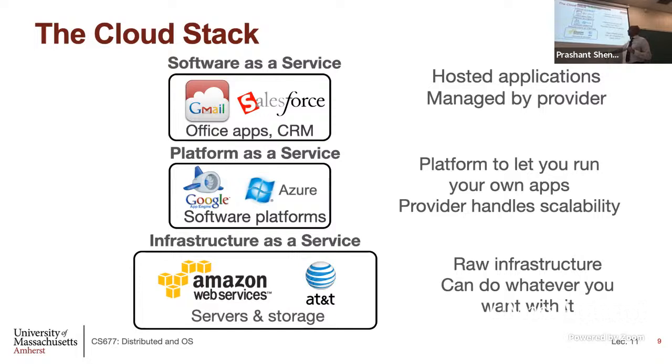If you have infrastructure as a service cloud, you are essentially renting virtual machines. You are renting virtual servers. And then on that server, you can run whatever you want as the customer of that cloud provider. So you are paying for basically virtual machine and network access to the virtual machine and network bandwidth. So that's what you pay for.